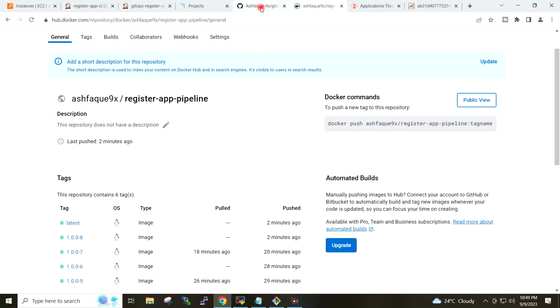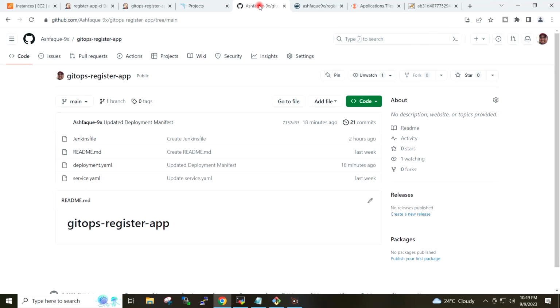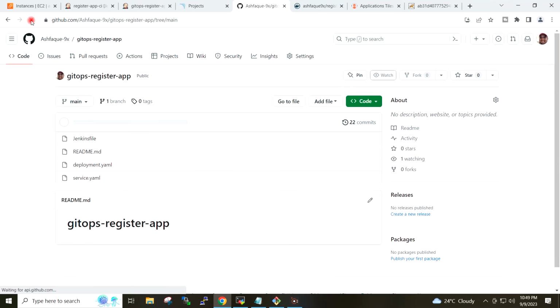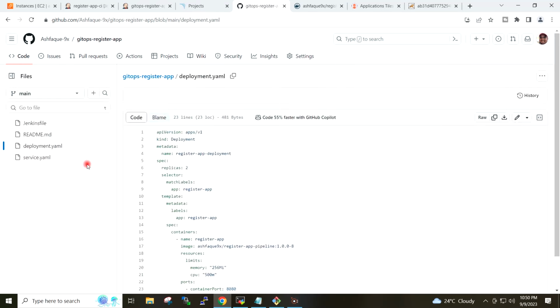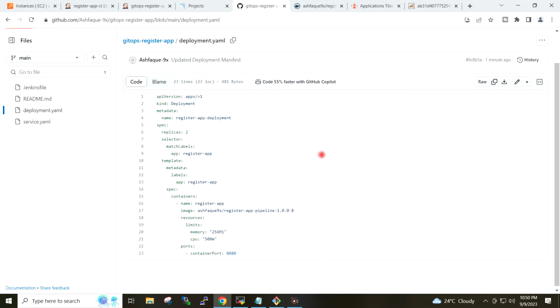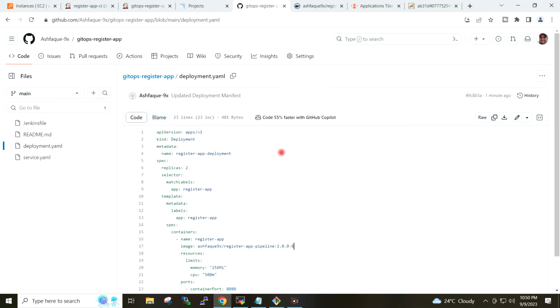If I go to my GitOps repository and do the refresh here and open the deployment.yaml file, in this file my image has the latest tag, which is 8.